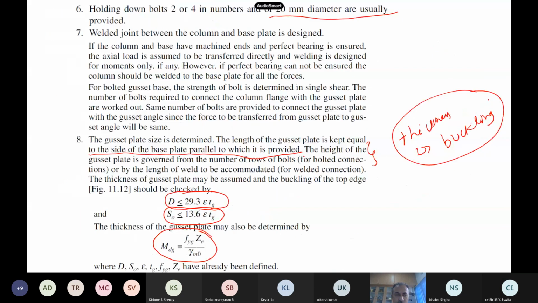So finally, you have to design the column bases and the beam columns. They are very simple and straightforward, not so complicated as a plate girder and others. Any one of you can easily design them if you just follow the steps. So you can do this design yourself. Okay, fine. So I will stop here.